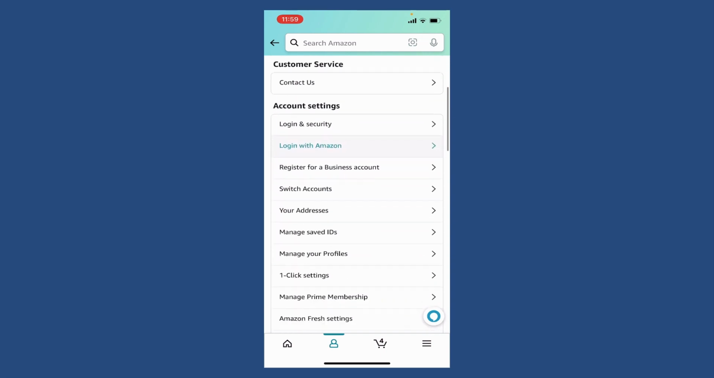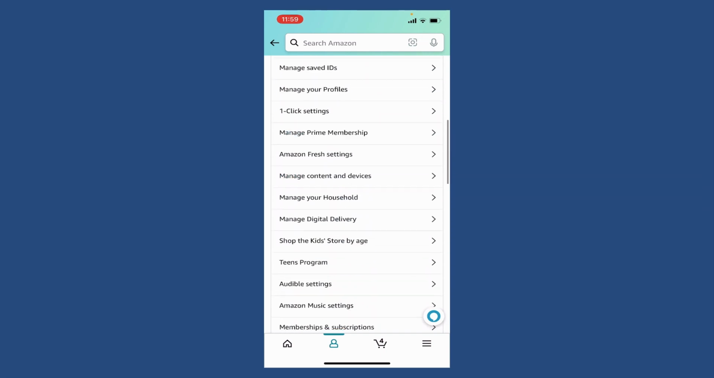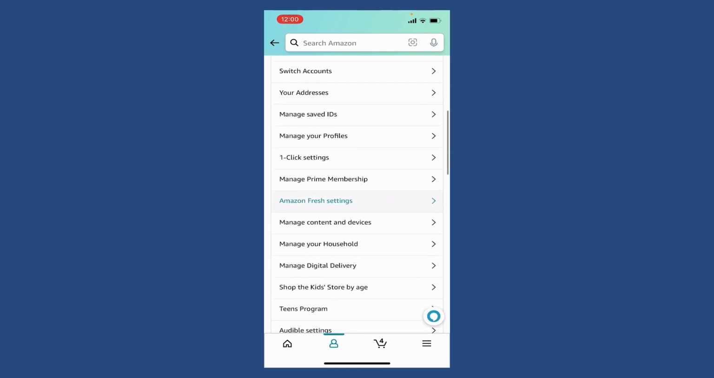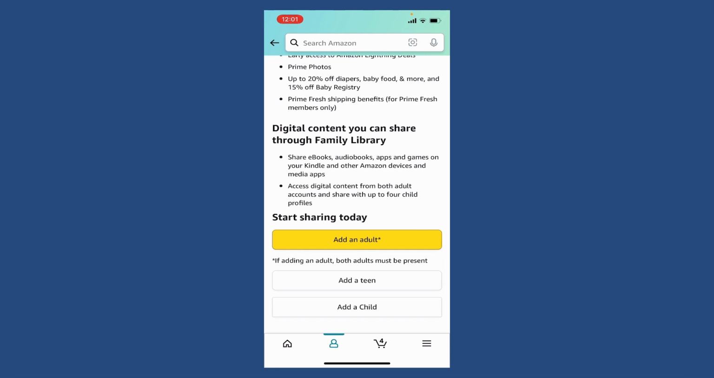You'll be able to see this option. Scroll all the way down from this page and tap on Manage Your Household. Scroll down until you see the Manage Prime Membership option. You'll be able to see this kind of an interface. Once you get to this page, tap on Add option in order to add a family member or a friend on